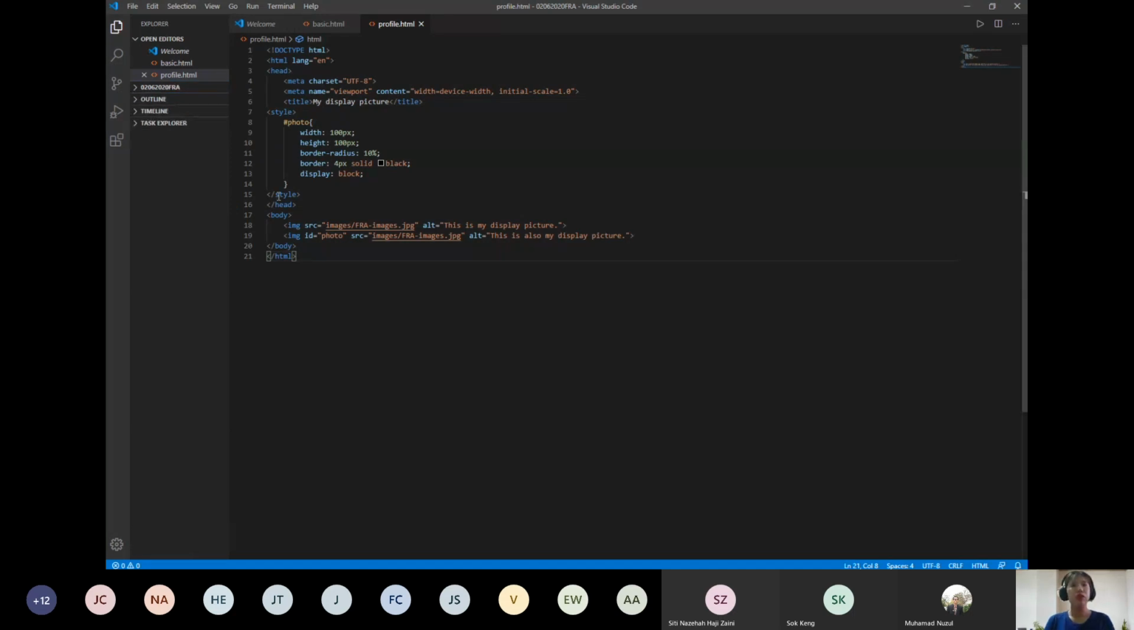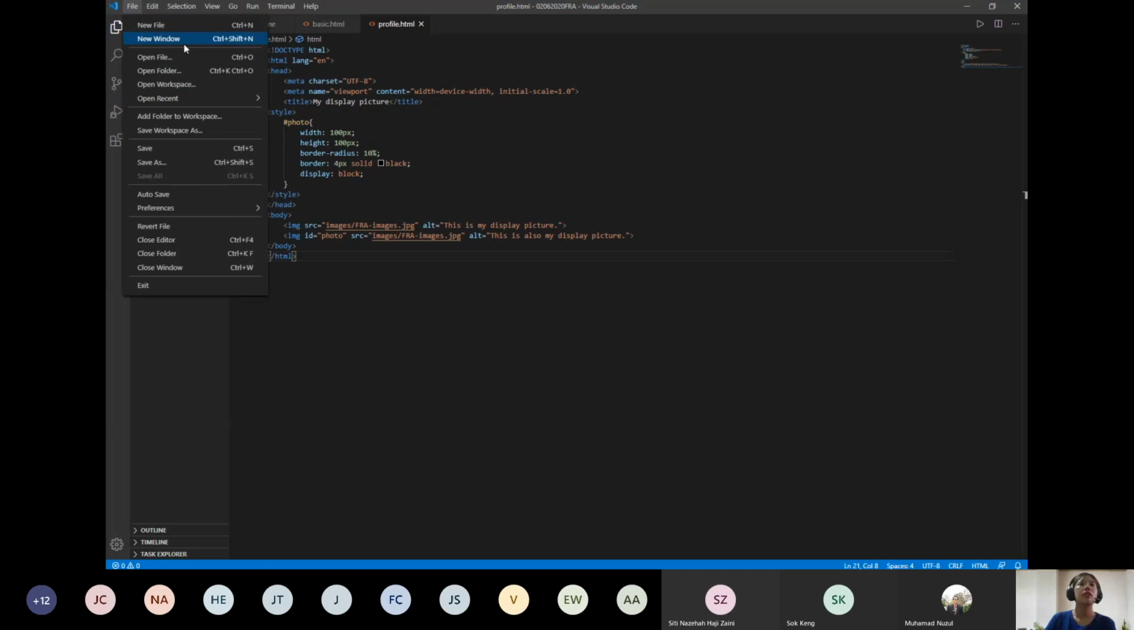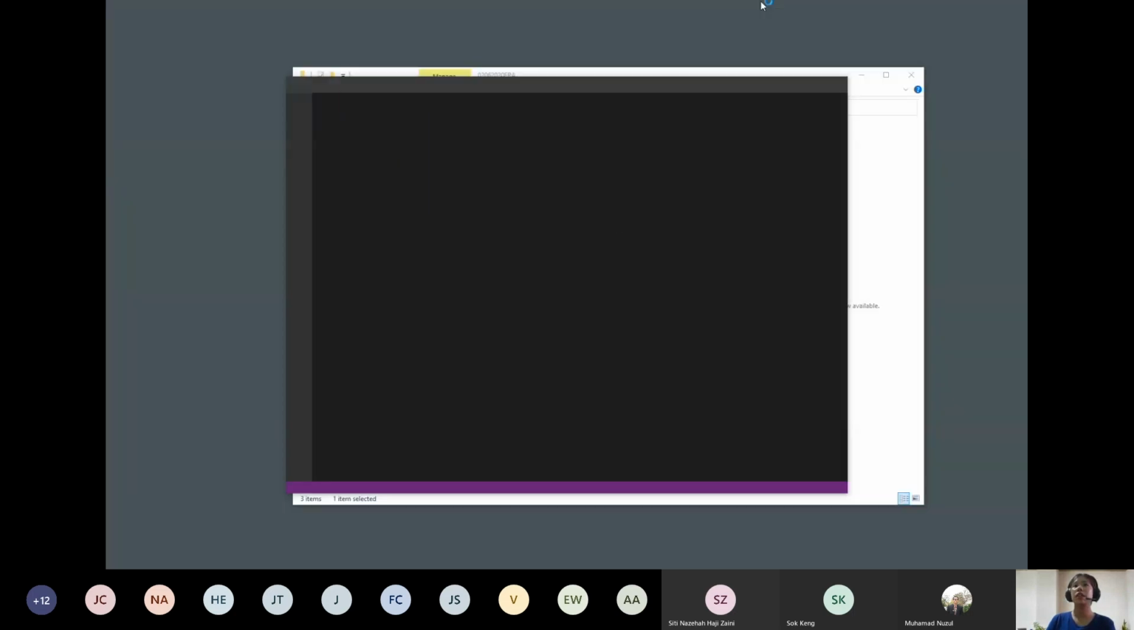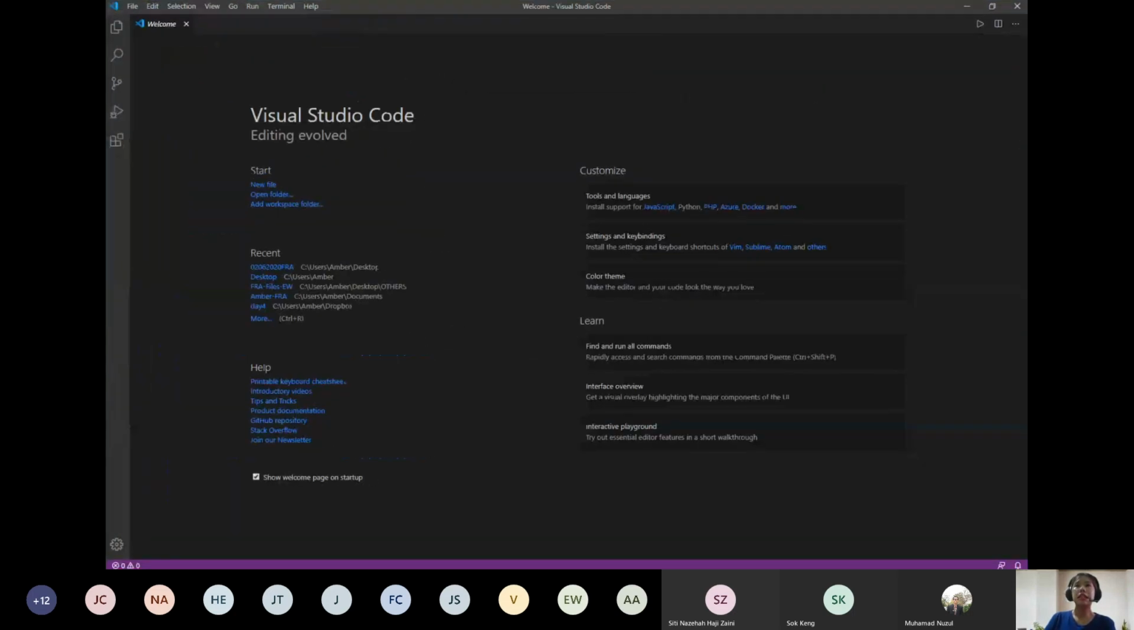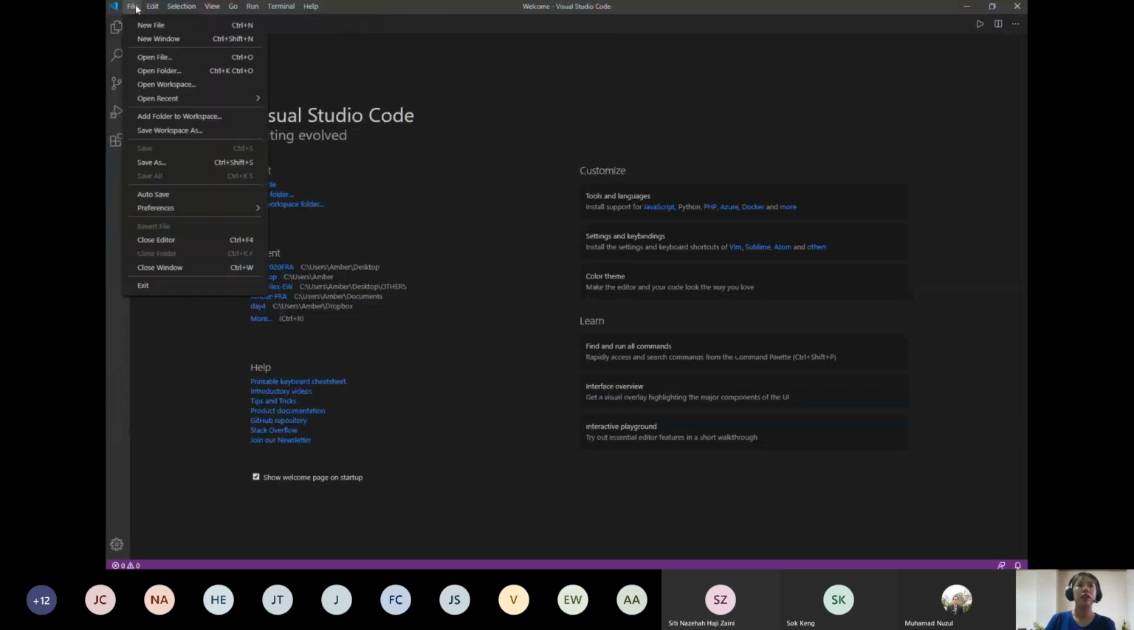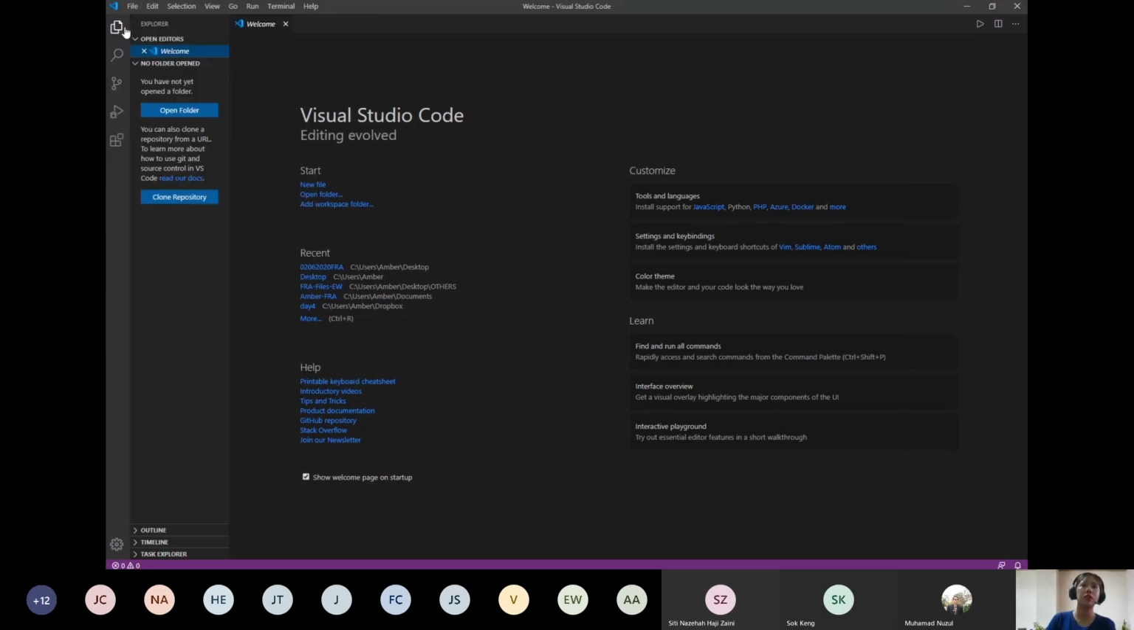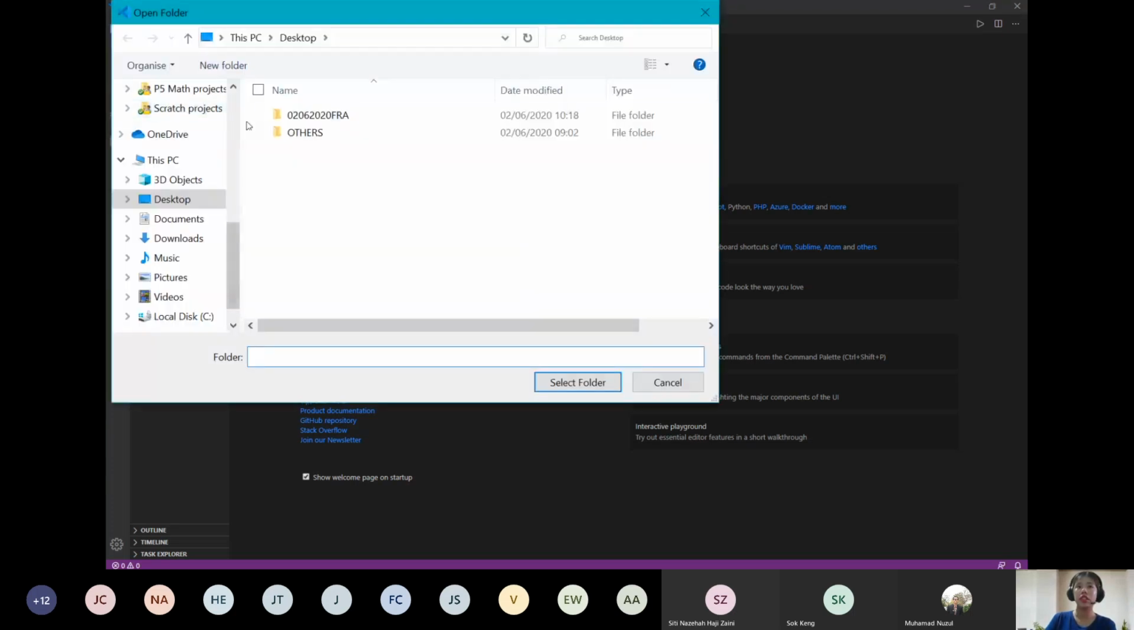Okay, I'm going to close this. I will show you again how I do it. So on start of Visual Studio, we need to locate the folder that we want to work on. So you can go to File, open a folder, or just simply press the Explorer, which is the first tab on the left, and open folder. So open folder,